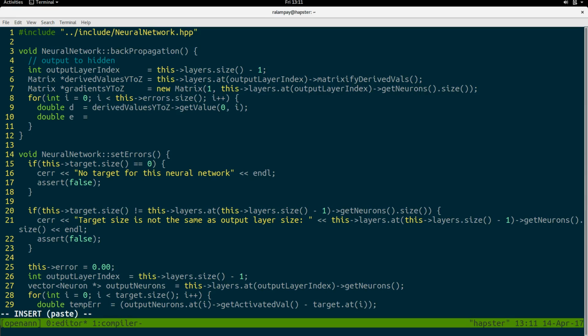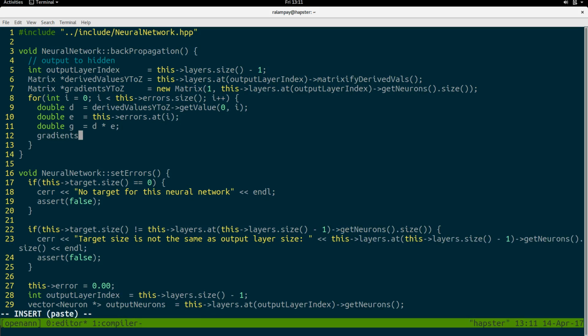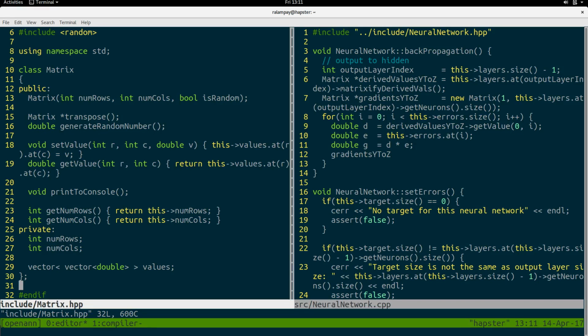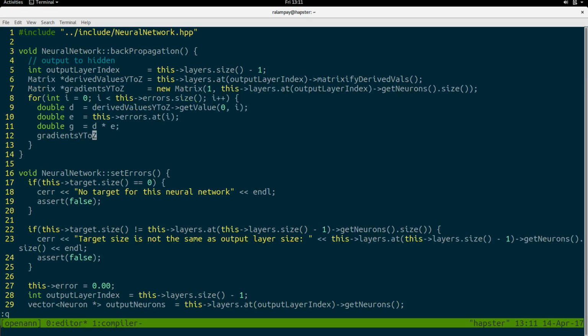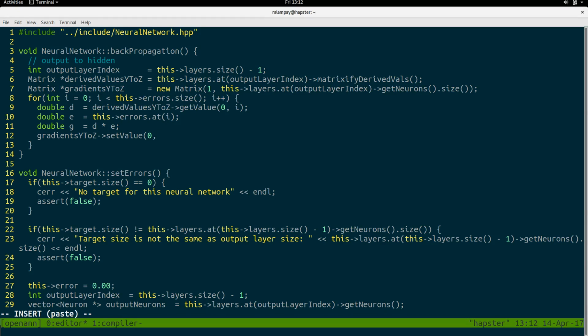will be the errors at index I, and the product, let's call it P, or let's call it G because that's the actual gradient, is equal to D times E, which we then push to gradients y to z. And I believe we had a value, set value, I think, right? Set value, okay. Set value at, this is just a one-dimensional thing, so it's always row 0, G, or rather, sorry, column I,